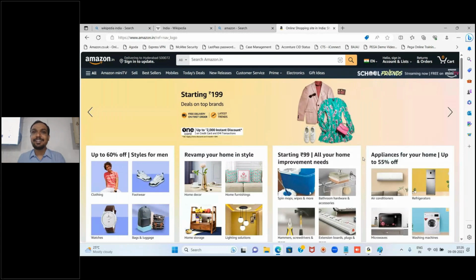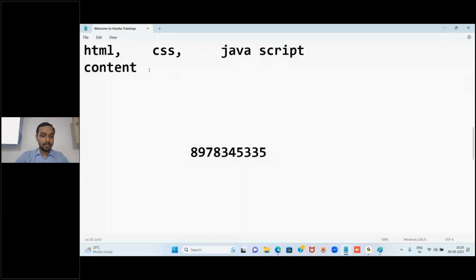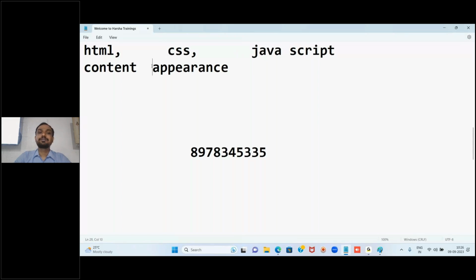Using HTML we can add the content, but these are called stylings. These are called what? Stylings. Meaning appearance. So HTML is responsible for the content of the web page, whereas CSS is responsible for the appearance of your web page. Yes, it includes all those things. All the content is added with HTML, but no proper beautification. If you want to beautify your website, you have to take the help of a technology called CSS.